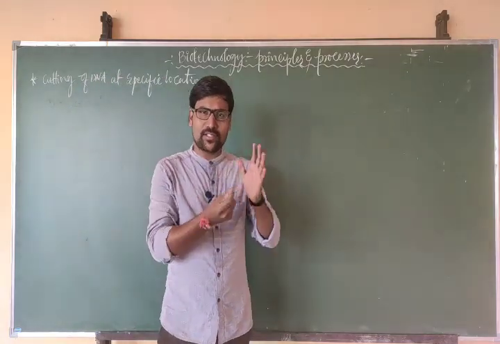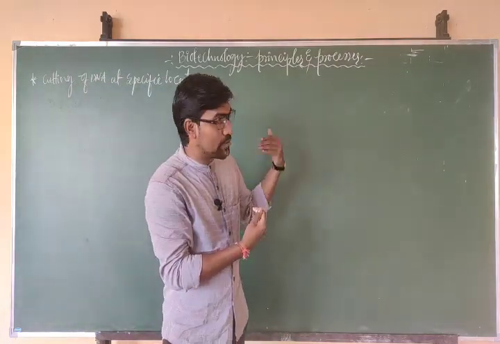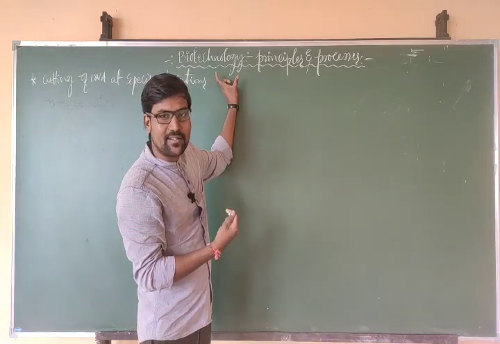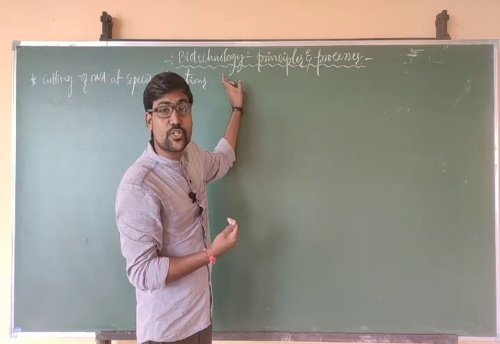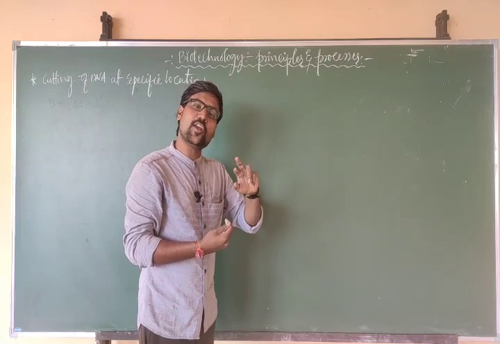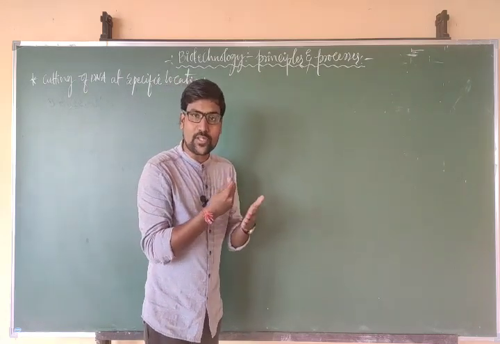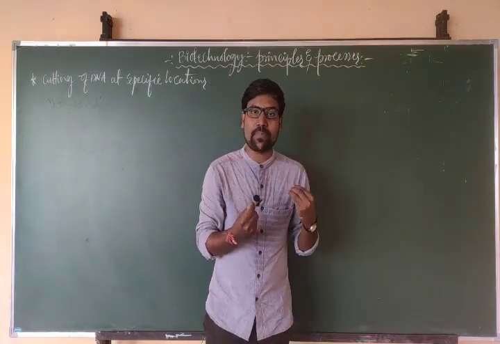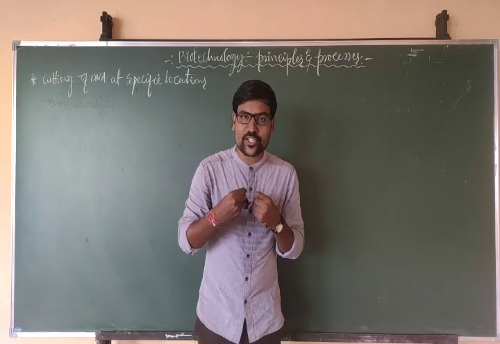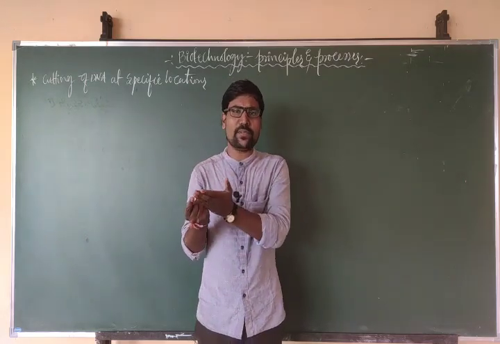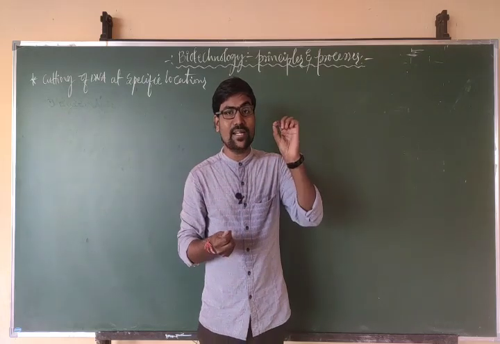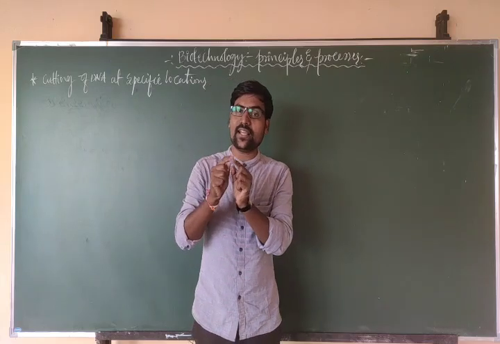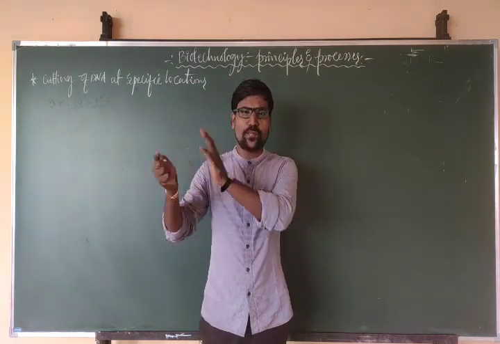So what is the total aim of this biotechnology, what we are doing right now? In biotechnology, we are majorly focusing on construction of rDNA, right? What is that rDNA? Recombinant DNA. So what actually is that recombinant DNA? It is the mixture of our desired gene plus a cloning vector. Here cloning vector means usually we are using a plasmid. Now our desired gene is mixed with the plasmid to get rDNA.